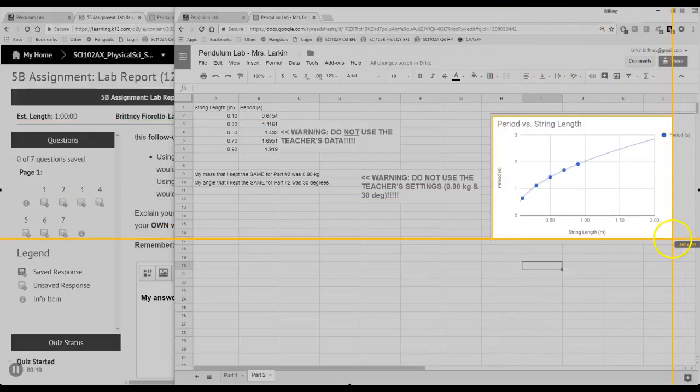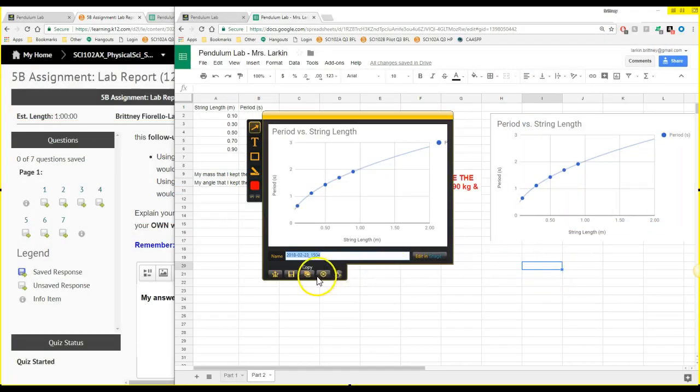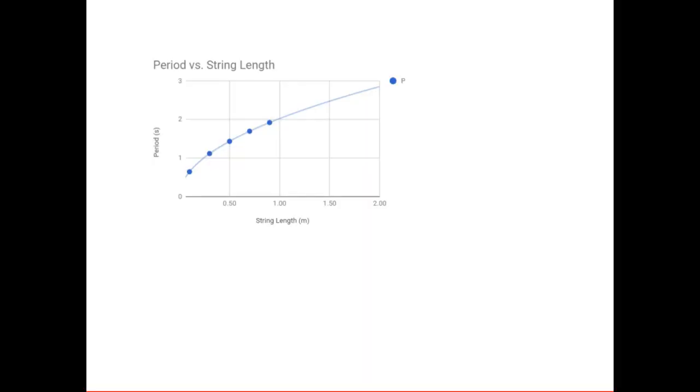Okay, it seems like we're a little bit confused, so I'm going to go ahead and just show this to you. Give me one moment. Okay, awesome. Yeah, so at around 1.1 meters, we're estimating at 1.1 meters, which is right here. So that's this point right here, about a little bit past 1 meter.